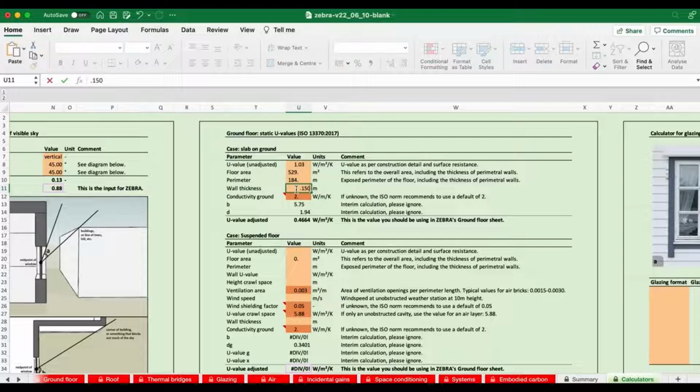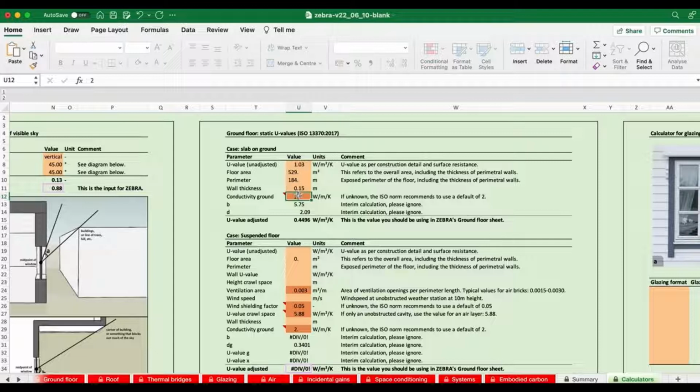And this is a classic example where if you were unsure about something, you could make a guesstimate of what it might be, find your annual energy consumption of your building after you filled in all the other details, and then go and adjust this value, see what would happen if we went for 0.3, so 30 centimeter walls. Would it really change the effective U value?